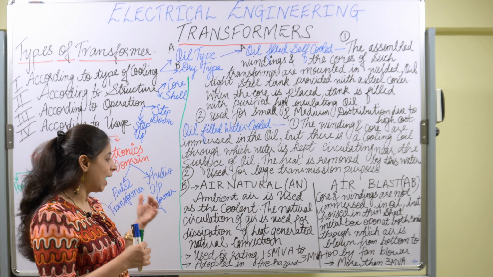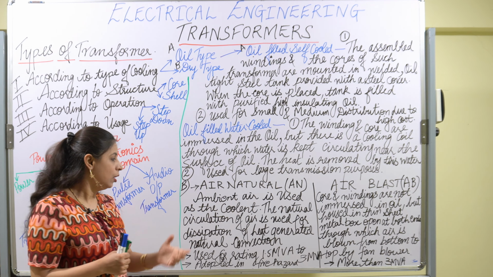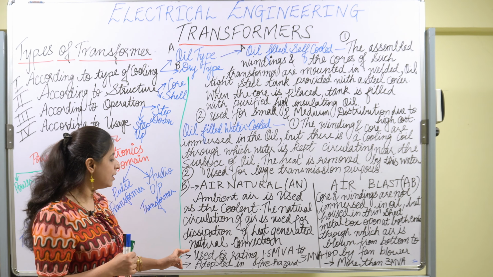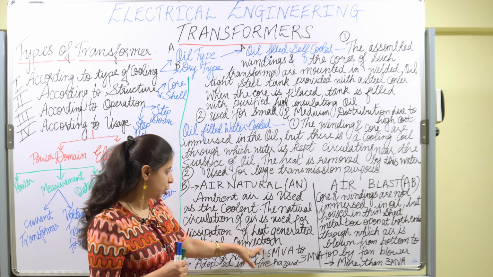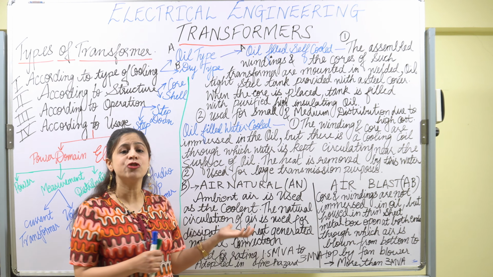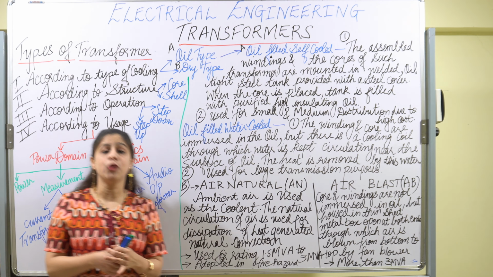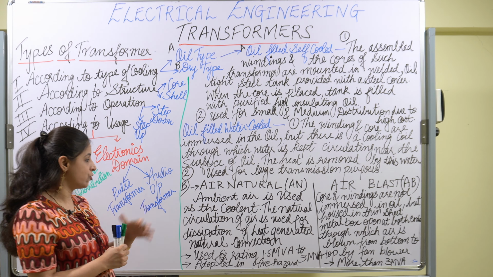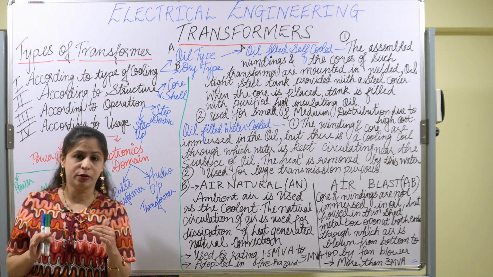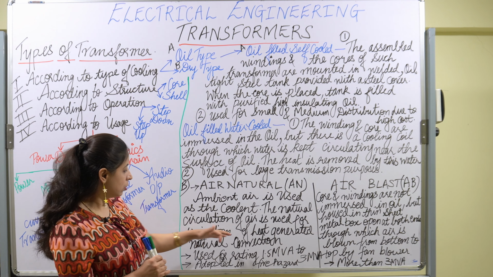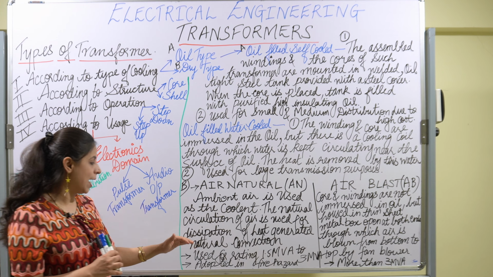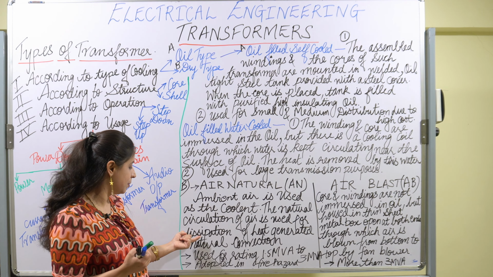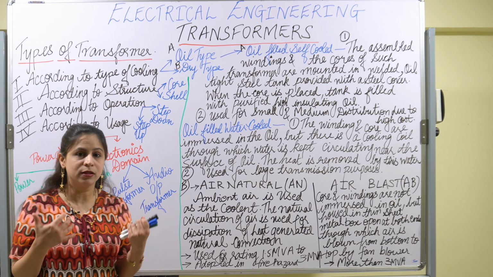In the air natural, ambient air is used as the coolant. The natural circulation of air is used for dissipation of the heat generated, by natural convection. So in the air natural, air is the only coolant. We are using natural air, and lots and lots of air is given to the transformer so that the transformer gets cooled. By natural convection, whatever heat is generated gets dissipated, gets removed by means of natural